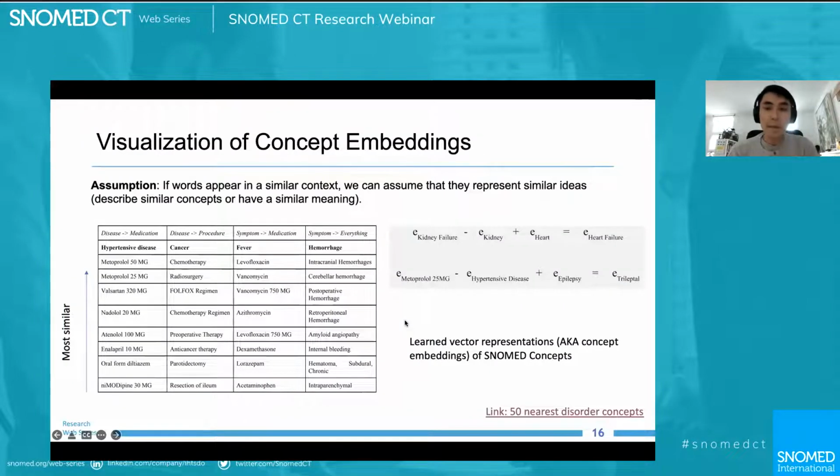Fantastic. So that was mainly just for the nerds out there, but it's a visualization or demonstration that these models learn not really about the disease itself, but the linguistics behind the disease.